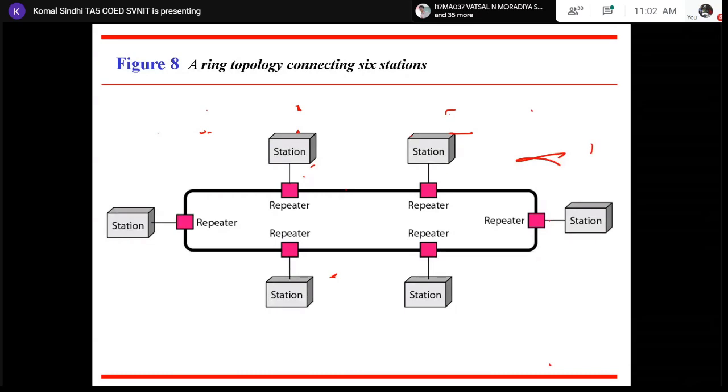It can circulate data with more efficiency. Yes, it is correct. Minimum loss of data, that is also correct. Message can be sent to any length station with good accuracy. What do you mean by that?